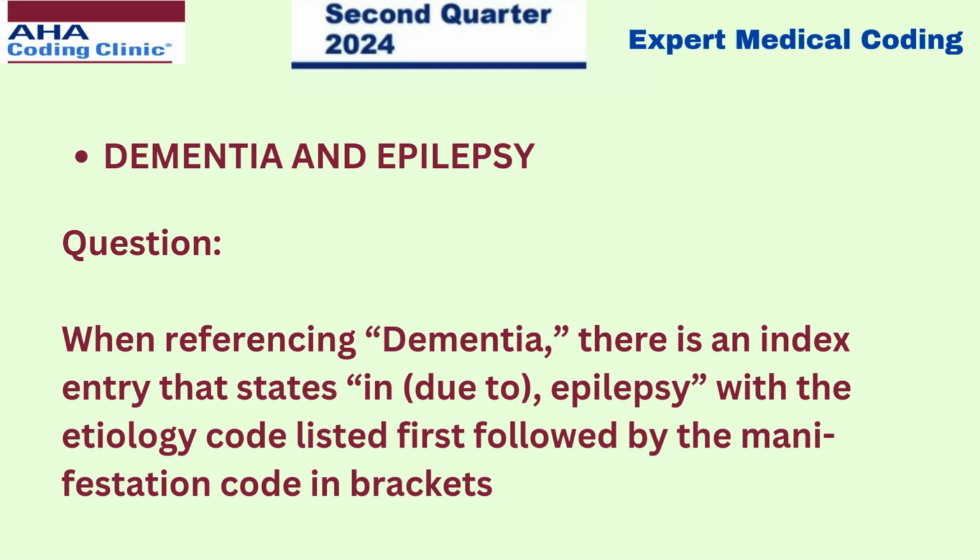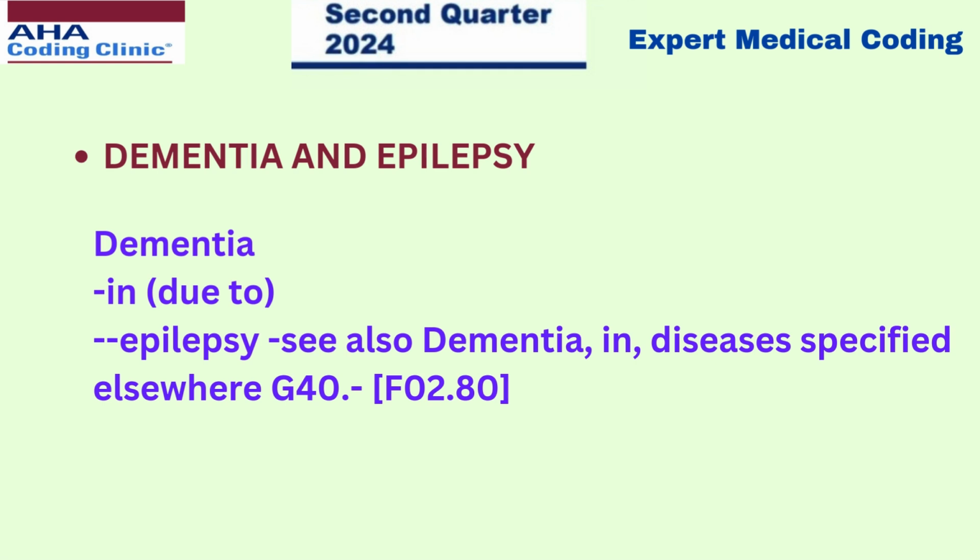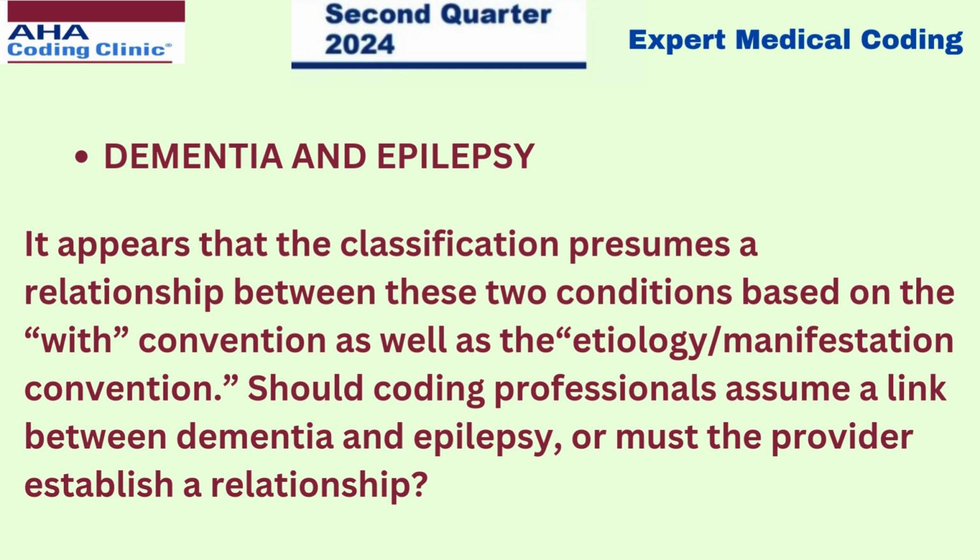The scenario here is, when referencing dementia, there is an index entry that states "in, due to epilepsy," with the etiology code listed first, followed by the manifestation code in brackets. As you can see here in the index, it appears that the classification presumes a relationship between these two conditions based on the "with" convention as well as the etiology/manifestation convention. Should coding professionals assume a link between dementia and epilepsy, or must the provider establish a